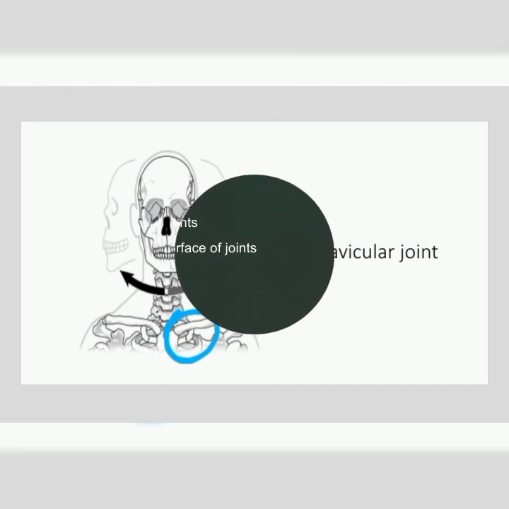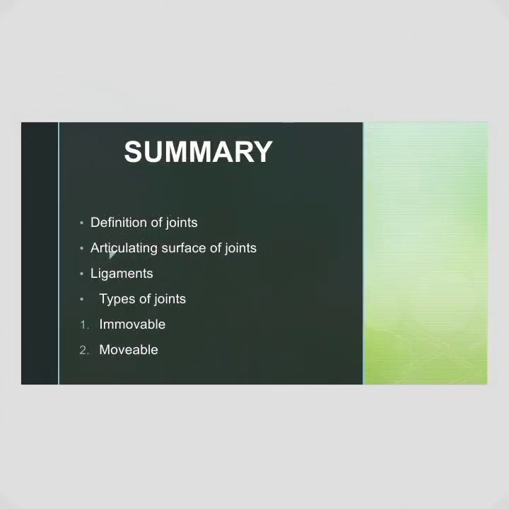So going over what we have been discussing today, we have talked about the joint as the place where two or more bones meet. We have looked at the articulating surface of a joint as the surface where these bones meet. Okay, we have looked at ligaments as the fibrous connective tissues that binds bones together at